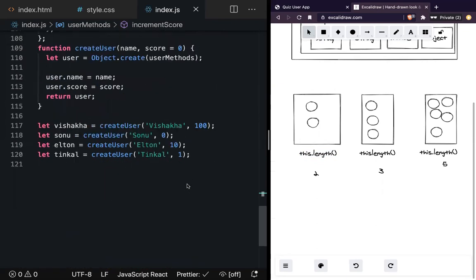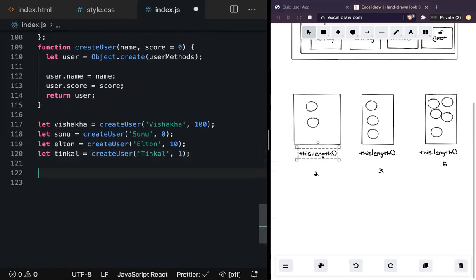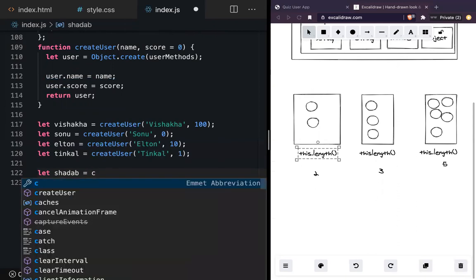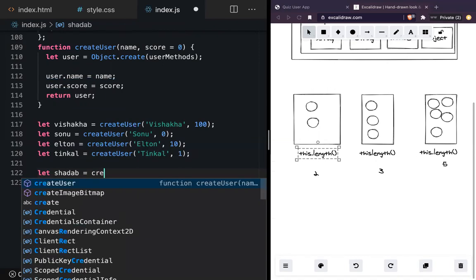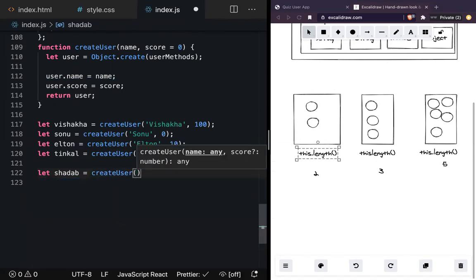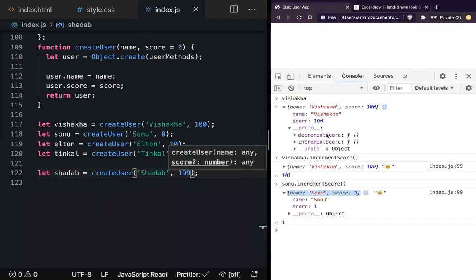Okay, so let's go ahead and follow the whole procedure. I'll create a new user, Sadav, and call createUser with the name and score, and the score is 199, something like that. Now we have a new user. I'll refresh it.